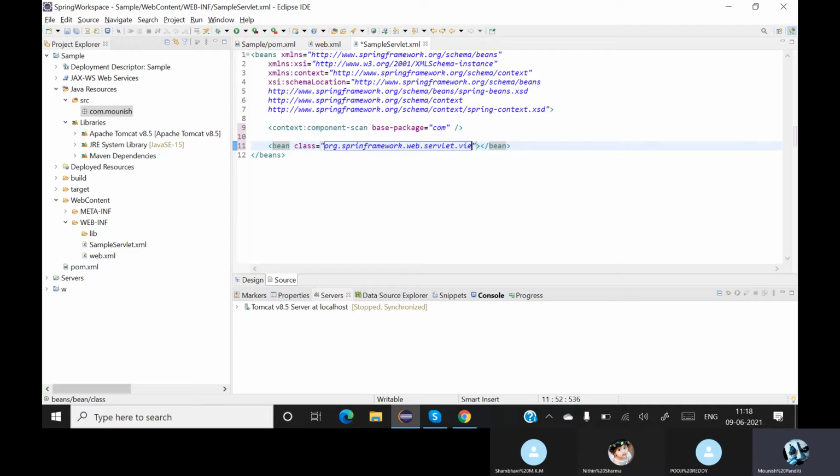The servlet will contain view. So inside the view you will have a class called internal resource view resolver.